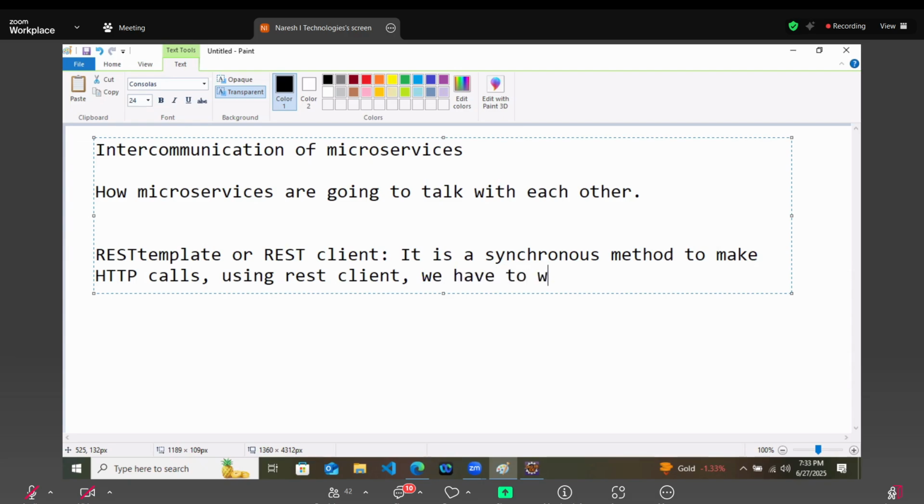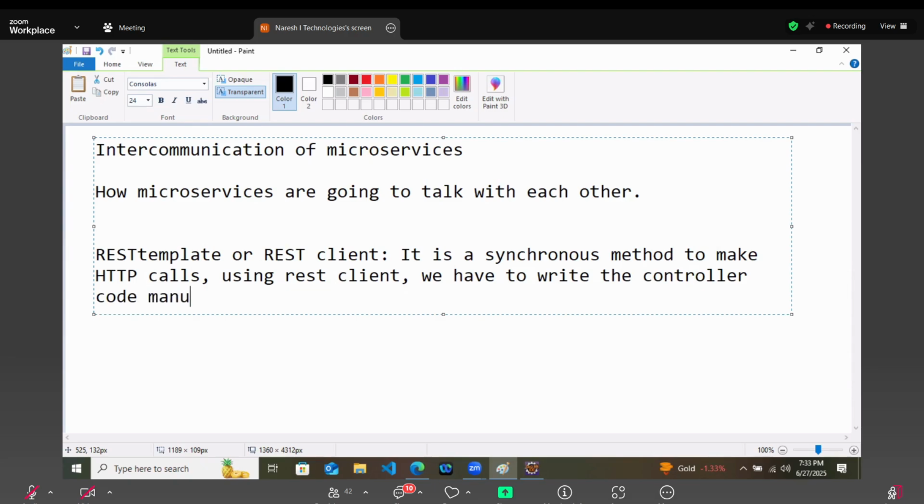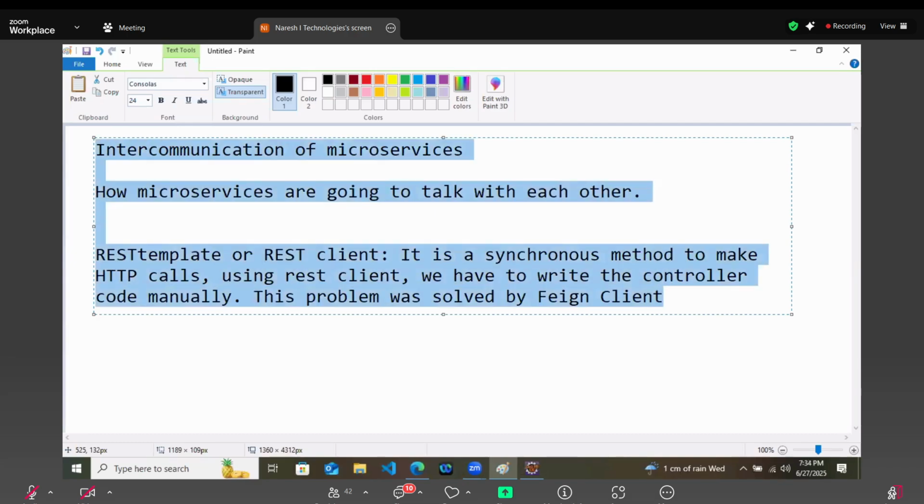We have to write the controller code manually. That was the problem in REST template. This problem was solved by Feign client. Then we got something as Feign client, and this problem was solved by your Feign client.